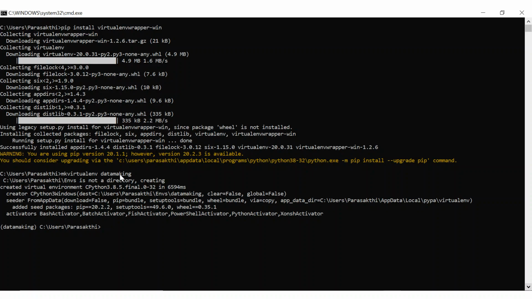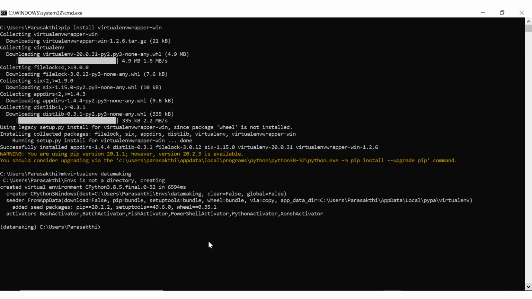You can give anything; I'm just giving datamaking. Once you run mkvirtualenv datamaking, it will create a virtual environment. In my user profile, in the envs folder, you see there is a datamaking folder. That is the folder I'm going to use only for Django web development.